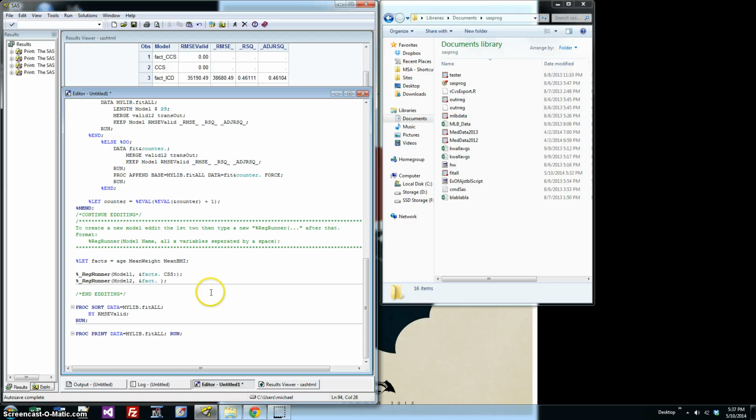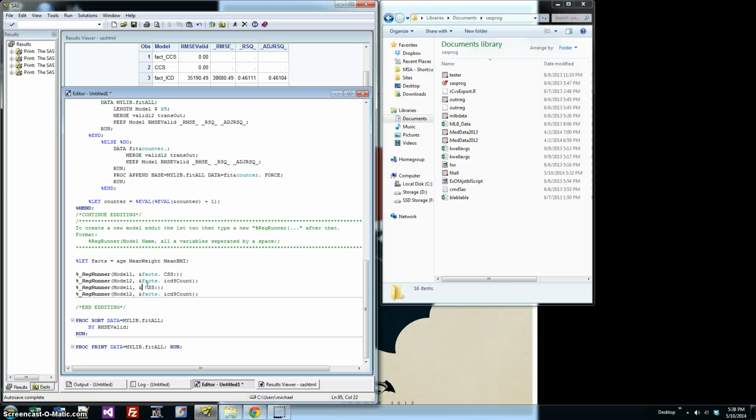And then we're going to do ICD-9 count. So that's a count of unique ICD-9s. So let's see what this does, and also compare them without the facts. So we can run it now and it would work,